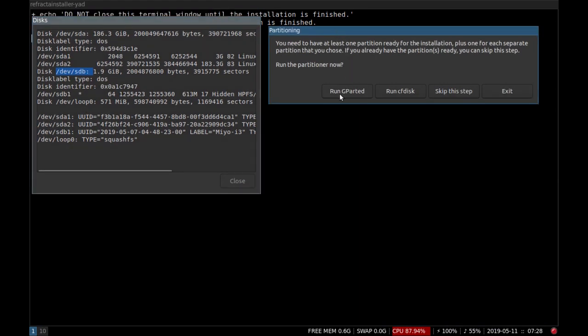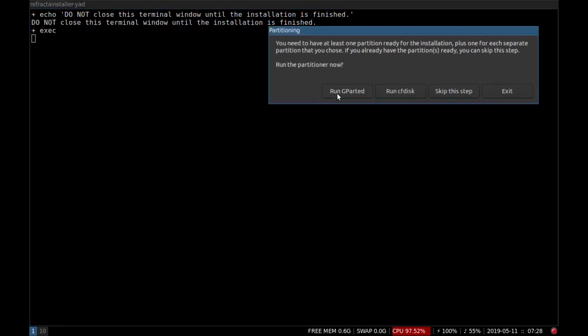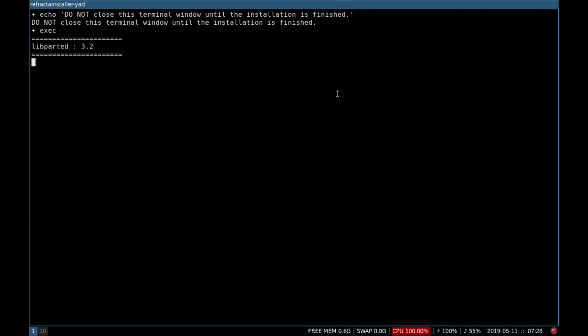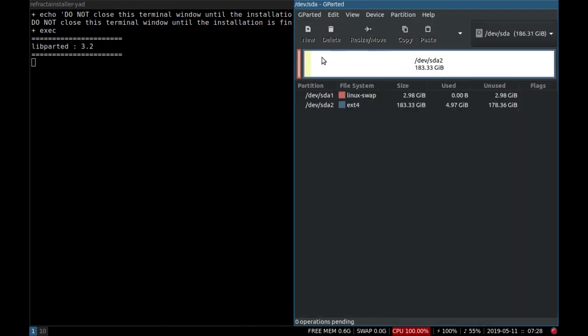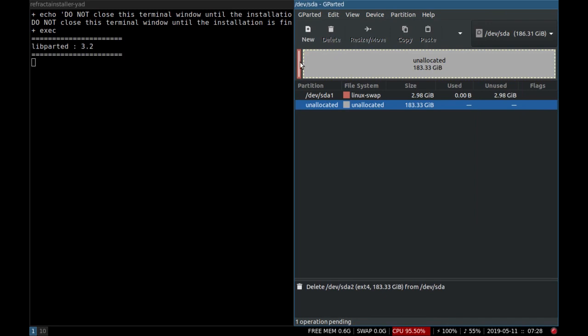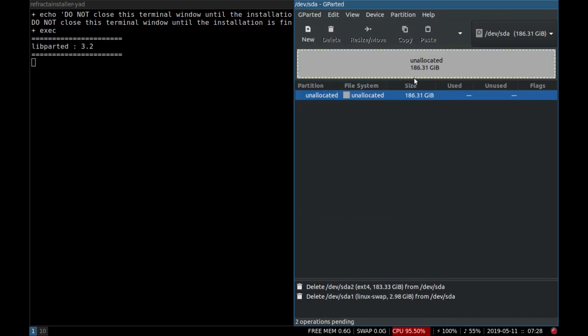So here I'm going to run gparted because I'm going to repartition it so that I can do the other installation video on this computer also. So I'm going to run gparted. If you want to leave this open under normal circumstances, you can. I'm going to go ahead and close it because I don't need it. Alright, run gparted. Alright, as you see, I only have one small swap partition and one large root partition. I'm going to delete both of those, and I'm going to set this up so that I can dual boot the two different